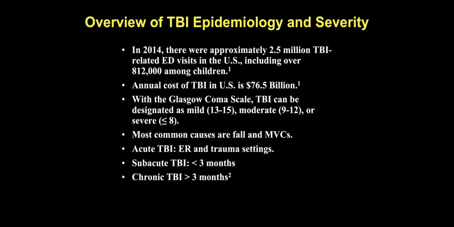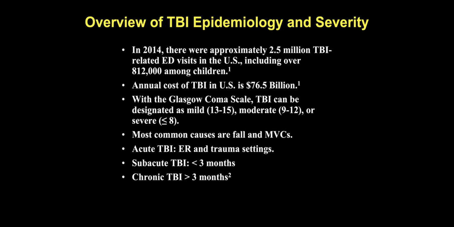We can talk about very crude designations of the Glasgow Coma Scale of TBI as mild, moderate, or severe. These are not the only way of classifying TBI severity. It's simply what is used in the super acute clinical setting, typically in the trauma bay, to see if there's an overall impairment of consciousness or movement, which is essentially the different questions and observations that relate to the Glasgow Coma Scale.